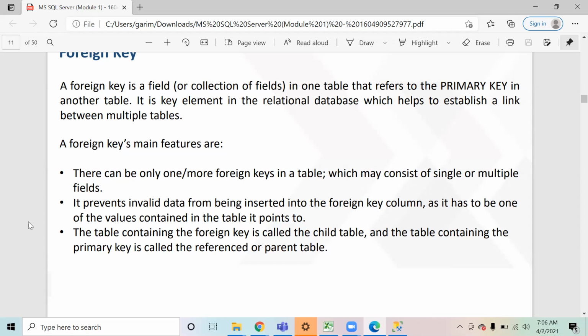We are saying that one table can have only one primary key.